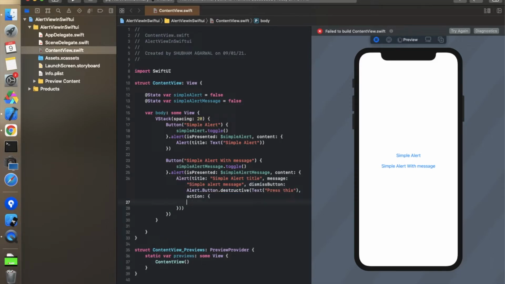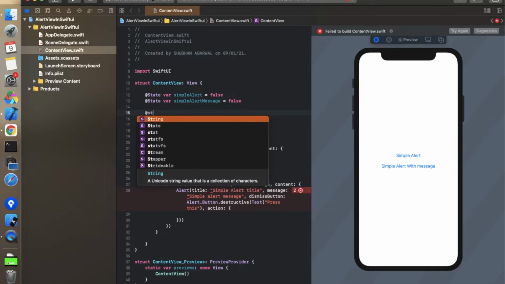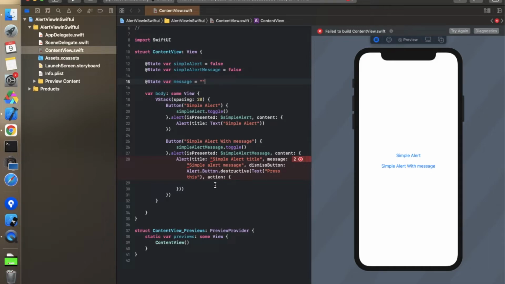And in the action we have to update the value of some variable. So I'm taking one variable over here, a state variable, message, and it should start with an empty string. Now we have to update this message: message is equal to press this clicked.